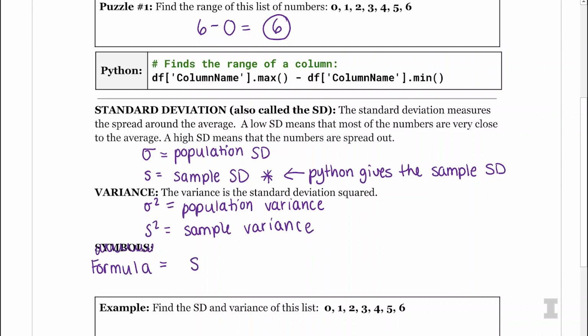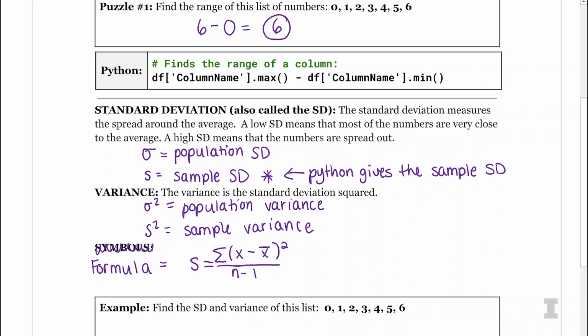To find the sample standard deviation, which we denote as s, we're basically going to take all of the numbers on the list and subtract the average. To write this, I'm going to write x to represent a number on the list. You could call it whatever you want. I'm going to call it x. And we're going to subtract x bar, which is the average. And then we want to add all of them together. So take the sum. A lot of times in data science and in math, you'll see the sum represented as the capital letter sigma. So that's what this is. And then I am going to square all of these differences and then divide by n minus 1.